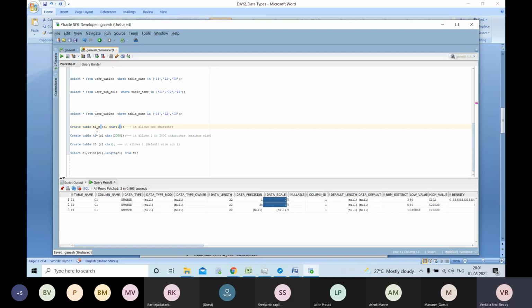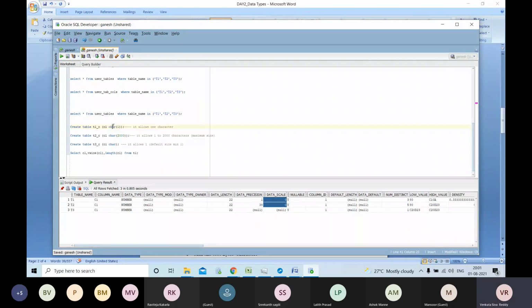T1C, T2C. Okay, the character data type allows a minimum of 1 byte, maximum of 2000 bytes. Varchar2 allows a minimum of 1, maximum of 4000 bytes.